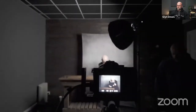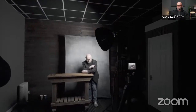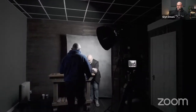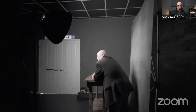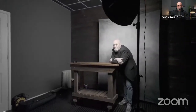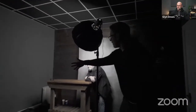Settings, I was shooting at f4 with a shutter speed of 1/60th of a second, which is fine as the camera is on a tripod and there's no movement in the portrait. And the ISO was at 1250 to give just enough detail in the dark shadow areas that weren't being lit by the constant light. As I say, setting up was so incredibly easy, again because of using that constant light,